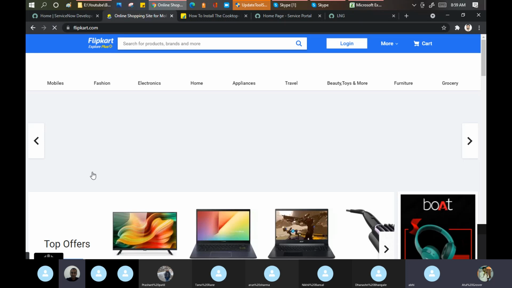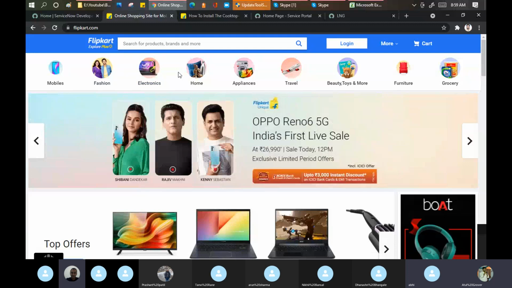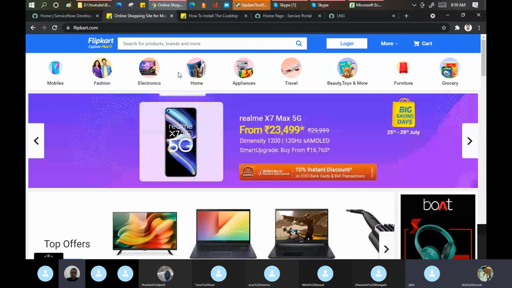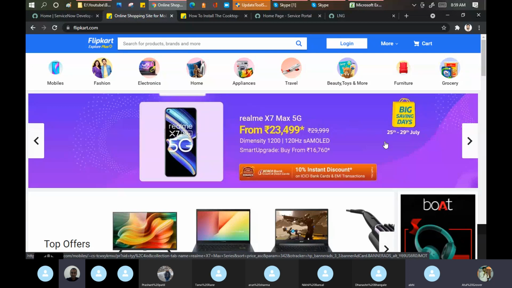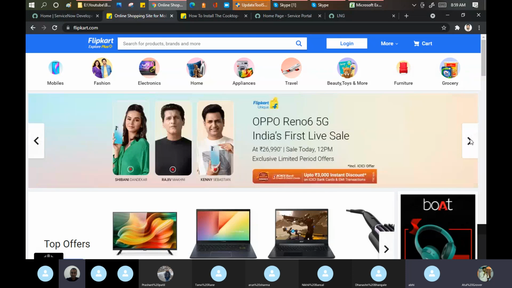This is my homepage, right? I can find the products. I can see the catalogs, categories, and I can see these things as well. These flashes are there. Push kar dena order yaar mere liye, don't worry. 2 days are still left.